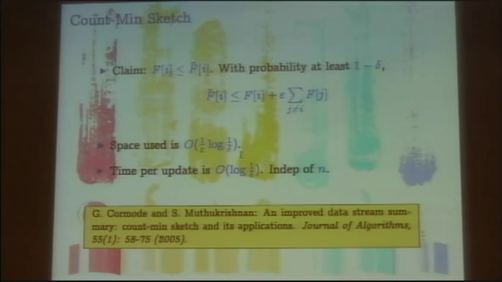Okay? And this is good when the items you're trying to estimate are very large with respect to other items. The items you're trying to estimate are 1 in 100 of the total volume. Then you use about 1,000 bytes, and you're able to track this entire data. Okay? So it's a very useful data structure to have. In particular,